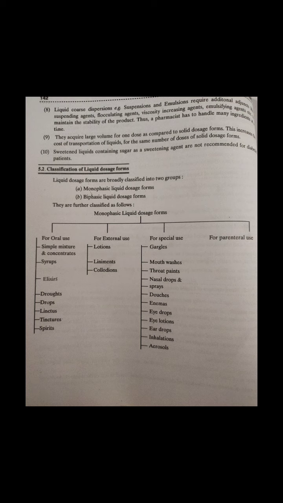Douches are aqueous solutions used to cleanse, deodorize, soothe or medicate wounds, body orifices or cavities after applying them with low pressure. The word douche is most commonly used for vaginal solution. They are also supplied in the form of powders or tablets with the directions for dissolving them in a specified quantity of warm water. Usually they are concentrated solutions and patients are required to dilute them accordingly before use.